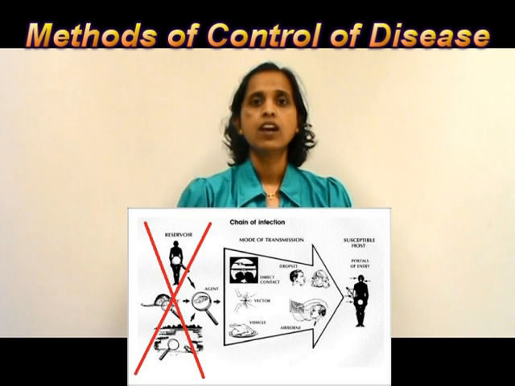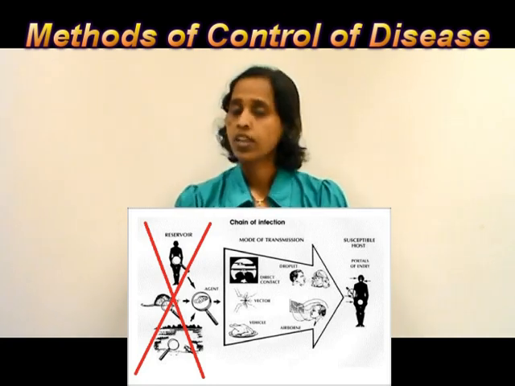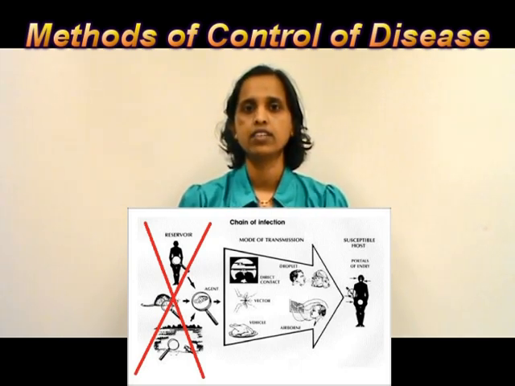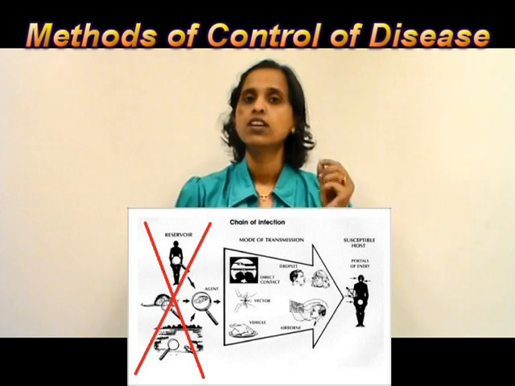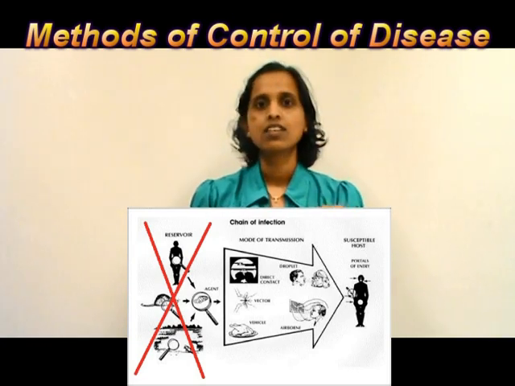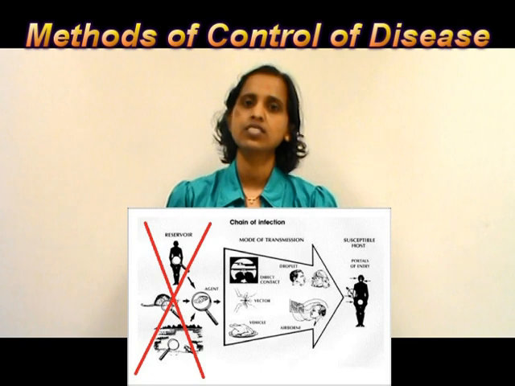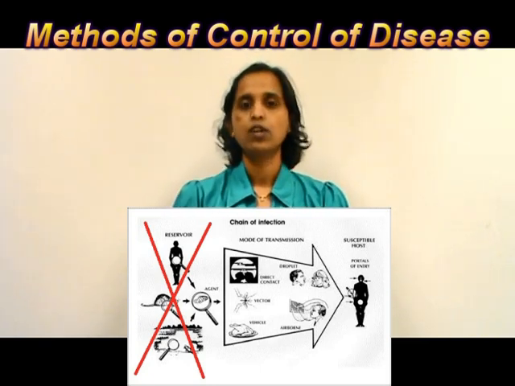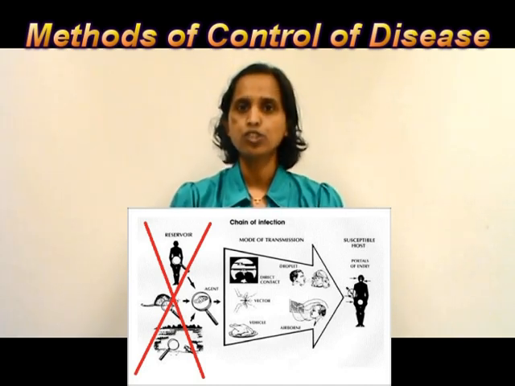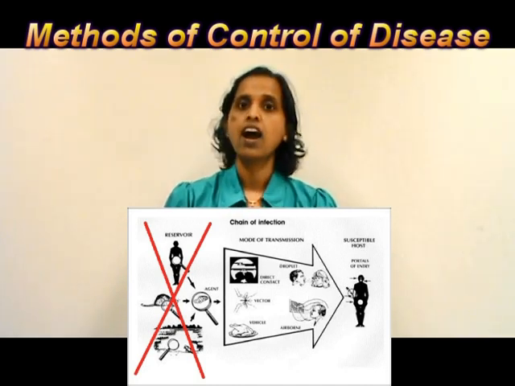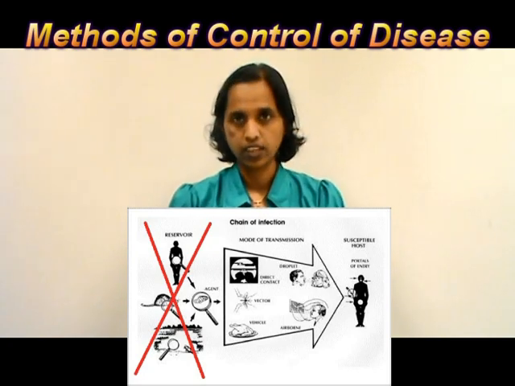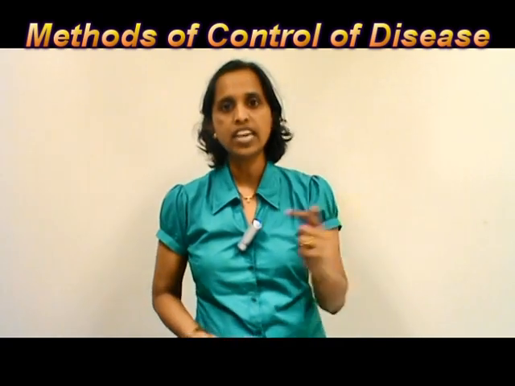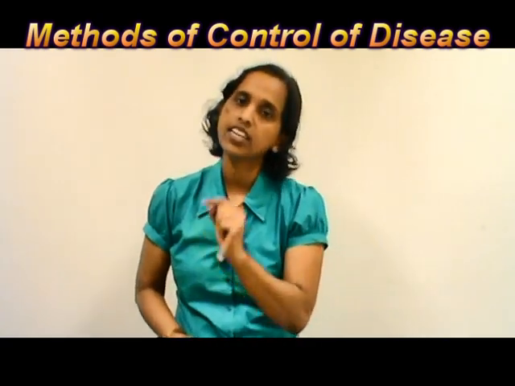The best example I would like to give here is dengue. How can I confirm that the reservoir for dengue is eliminated? For information, the reservoir for dengue is mostly humans and sometimes monkeys. Now how to eliminate the human reservoir? We need to ensure that all cases of dengue are diagnosed and treated adequately. So treatment of the affected individual is the way by which we can eliminate the reservoir for dengue infection.